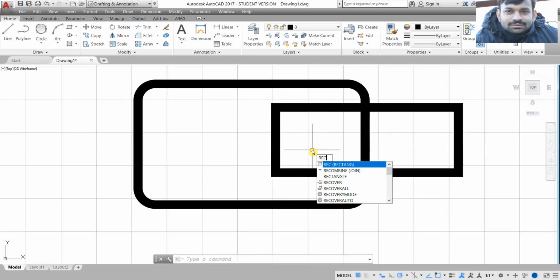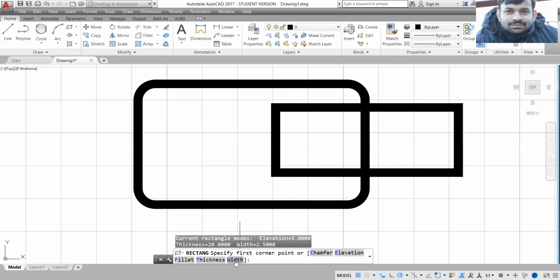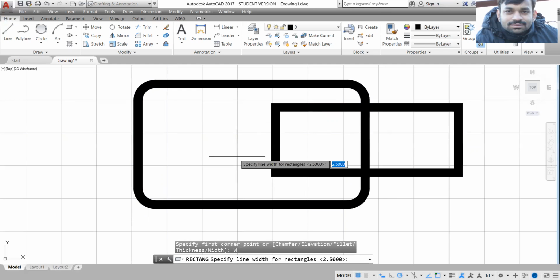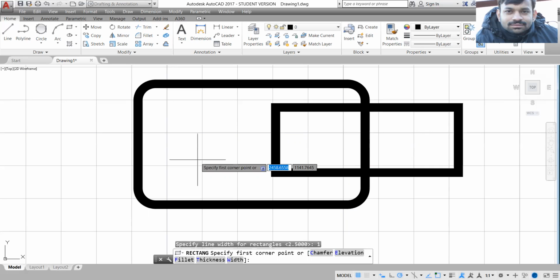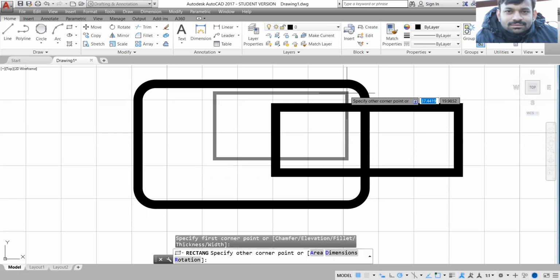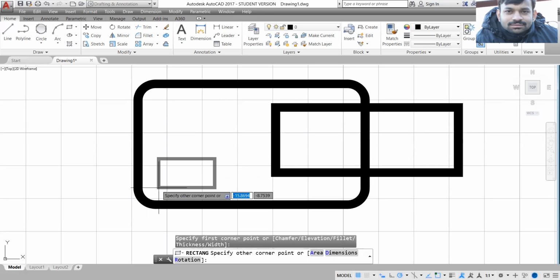Another option available in the rectangle command is, let's select a width of, let's say, 1. Okay, and see, once I have specified the first point of the rectangle, now we have other options activated.